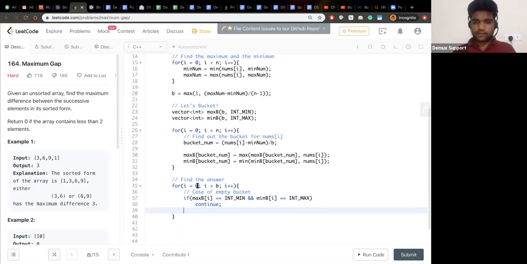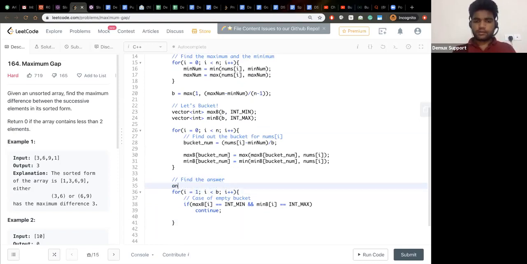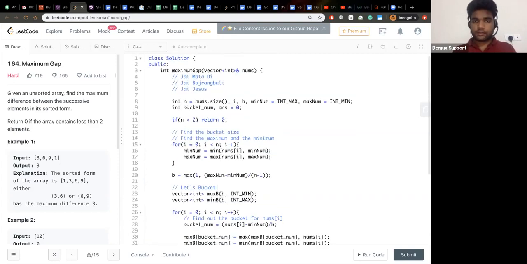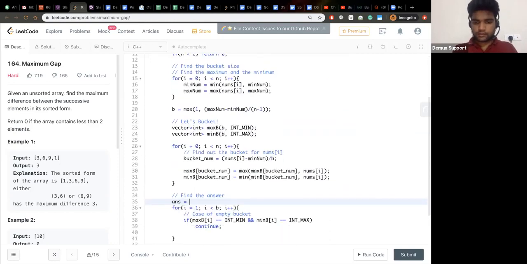Correct. You can start from 1 actually. And you can say that here, if the bucket is 0, you can say that your answer is nothing but that previous max is nothing but